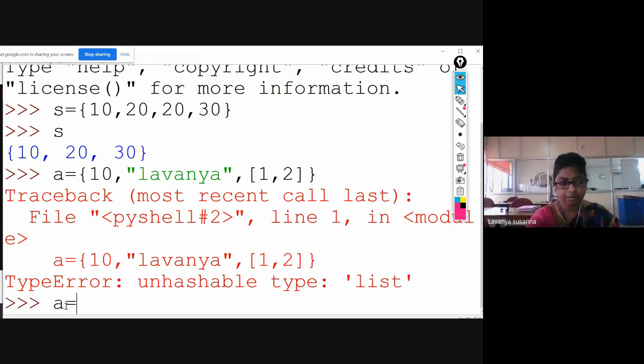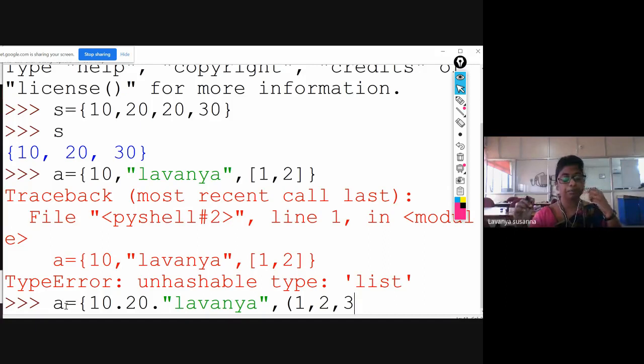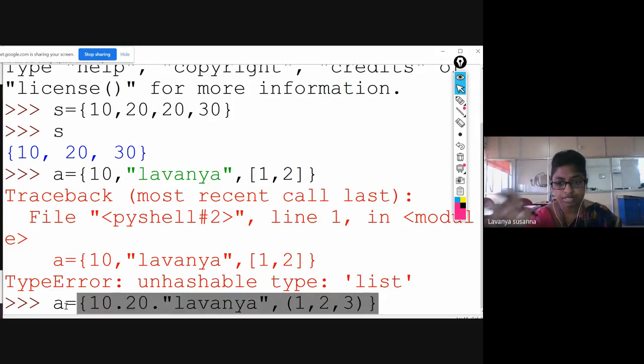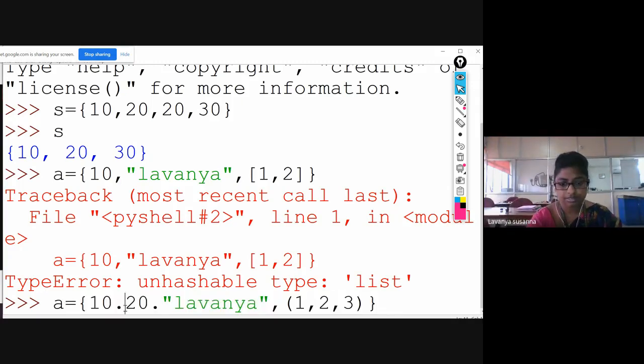A equal to, open curly brace, 10, comma, 20, comma, Lavanya, comma, and here I am giving a tuple, 1, 2, 3. Remember, a tuple must be created with an open bracket and close bracket, not square brackets. Square brackets must be given for a list. Sorry.